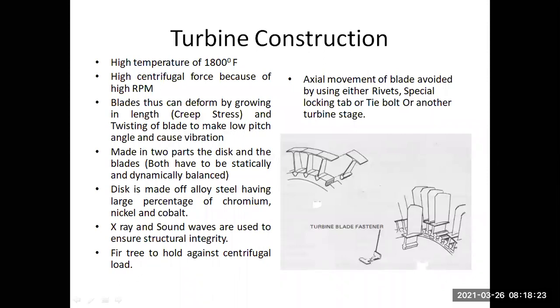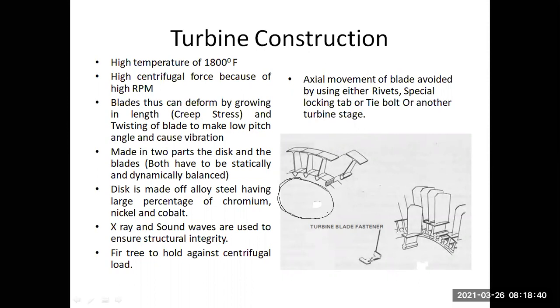Okay, let us understand the construction of the turbine blade. When we are making the turbine disc, we have to do the construction, right? So the turbine blades are constructed into two categories. First, the turbine disc, which is over here. You can see in this picture over here. This is the disc. Can you see the cursor? This one. This part is the disc.